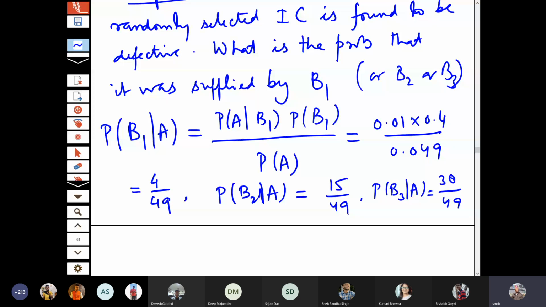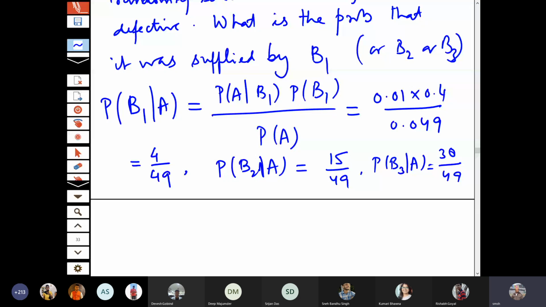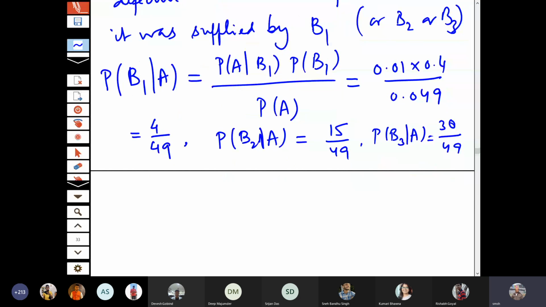So this Bayes theorem actually allows you to do such things. Nowadays Bayesian methods are used in almost all the branches of engineering, science and technology. You have Bayesian networks, you have Bayesian frameworks, you have so many things which are there. There are in fact specific conferences organized on Bayesian